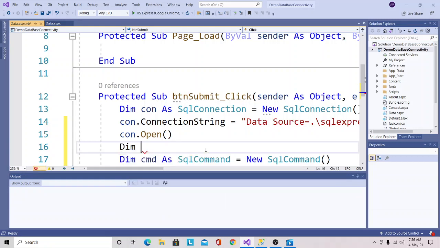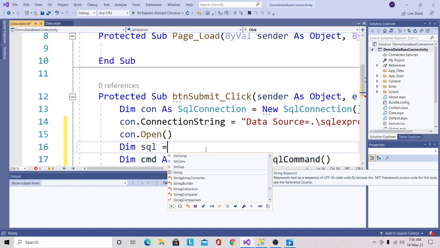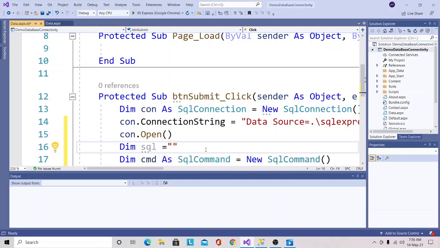Here I have called the Dim keyword, then declared the sql variable, and to this sql variable I will assign the insert SQL query. Insert into, my table name is student, where I want to store the student's roll number and name. Insert into student values, open parenthesis, close parenthesis.